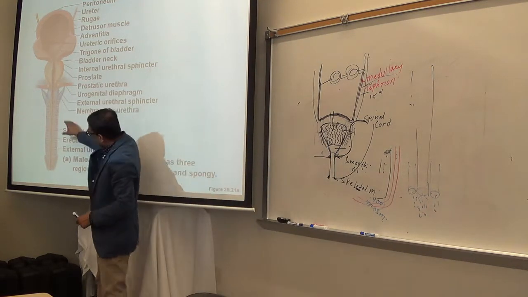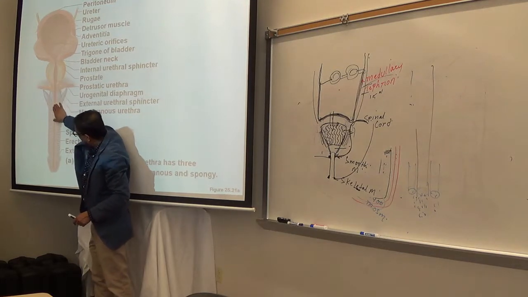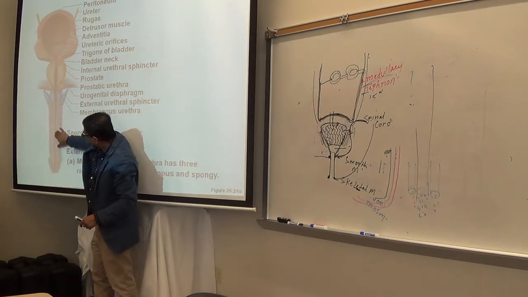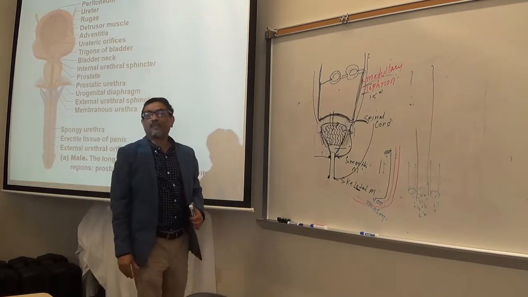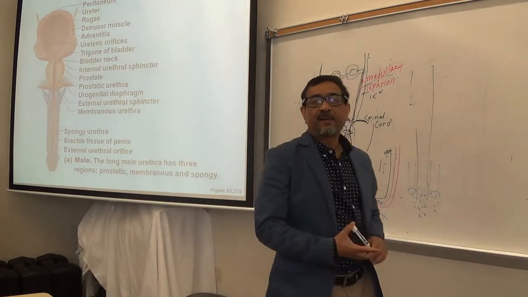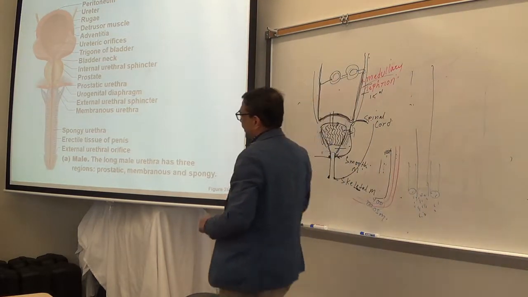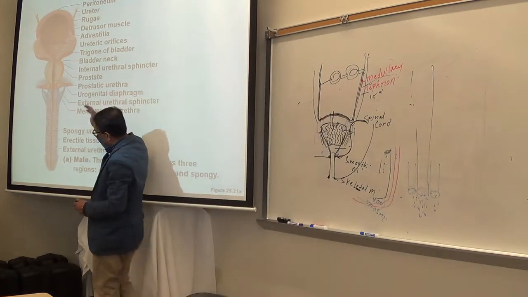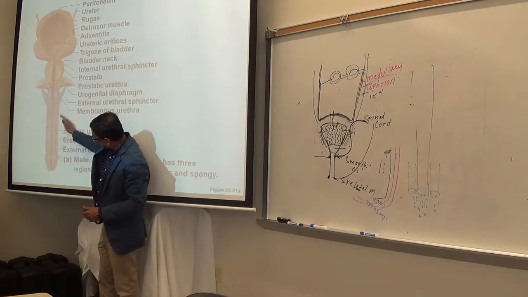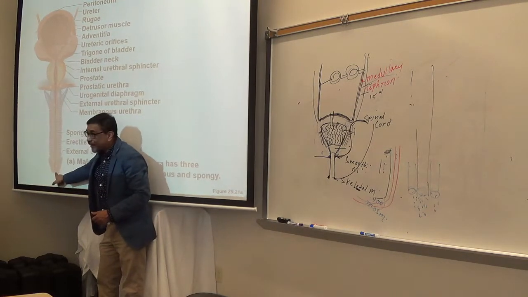And most of the part is ciliated columnar, pseudostratified ciliated columnar. So cilia are there to push the mucus out. Only the end part here